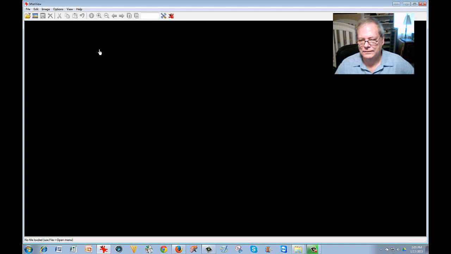Now, I'm only going to do one thing today, and that's to show you how to use Irfanview as the receiver for your scanned objects. If you have a scanner, or an all-in-one printer that includes a scanner, then I think that Irfanview is one of the best small footprint programs for manipulating and working with any kind of images, because it's small, it's not complicated, it's very easy to use,